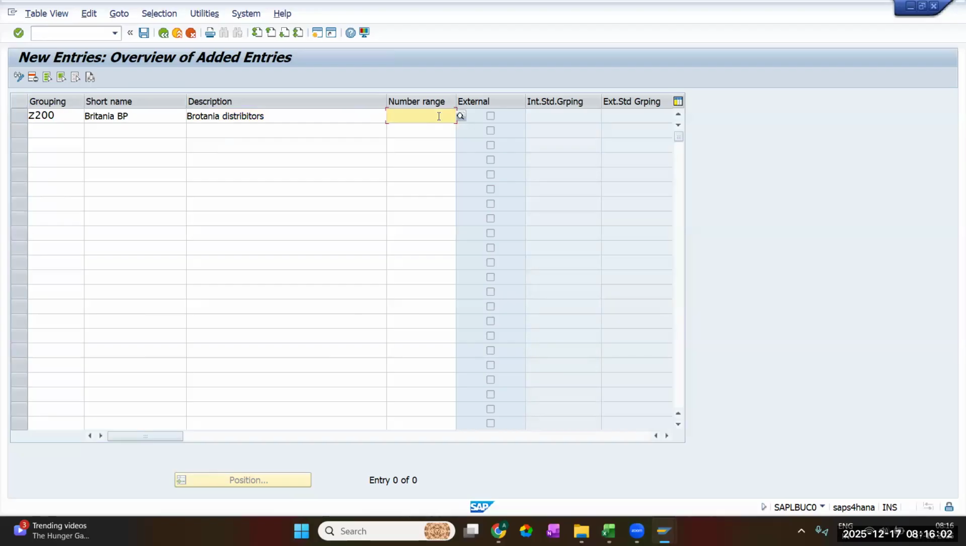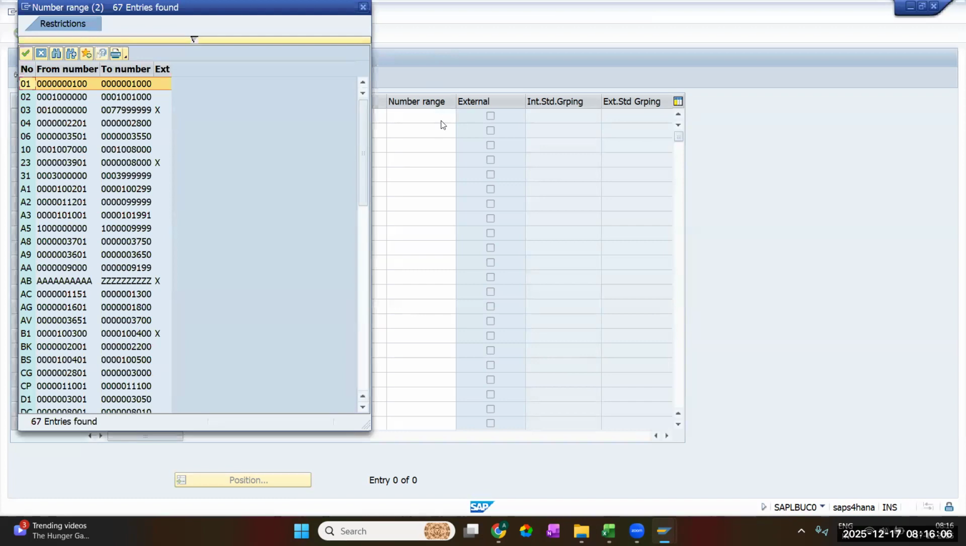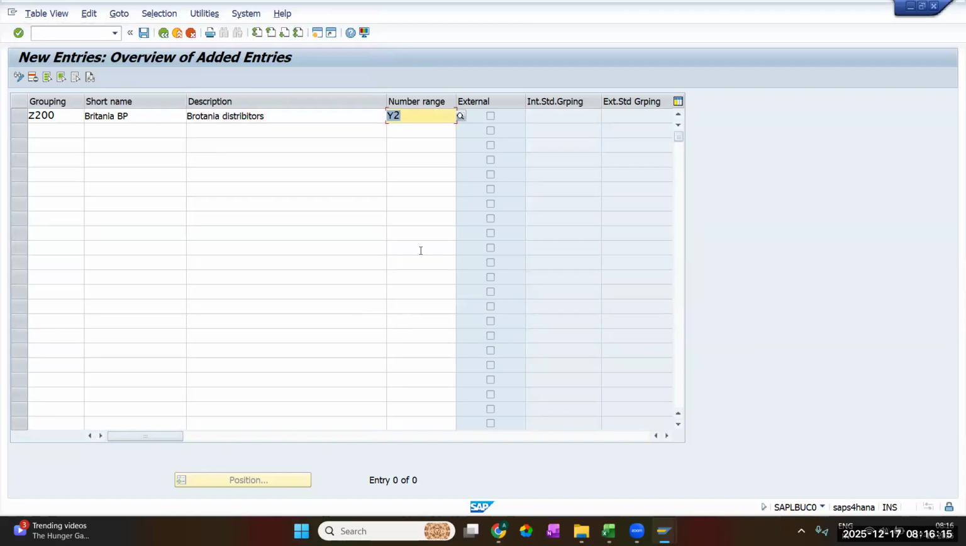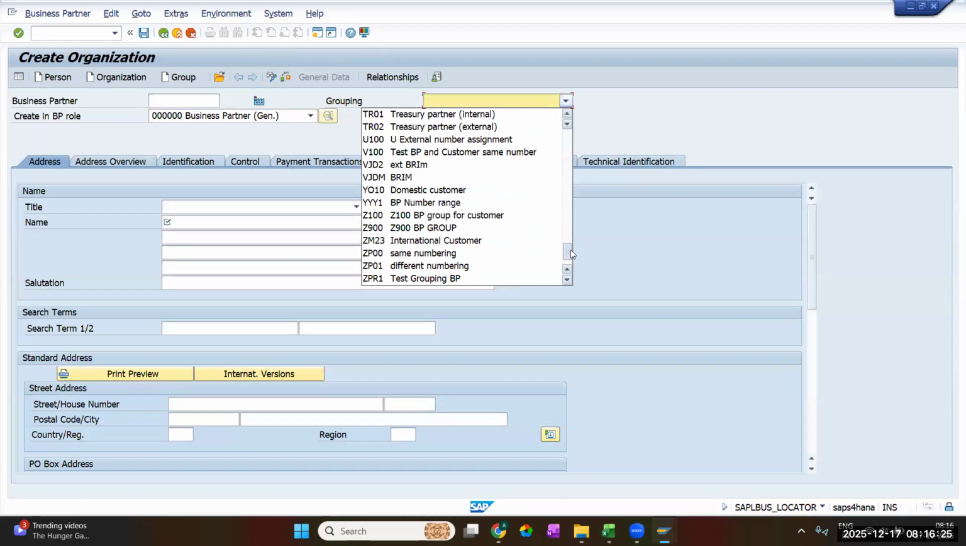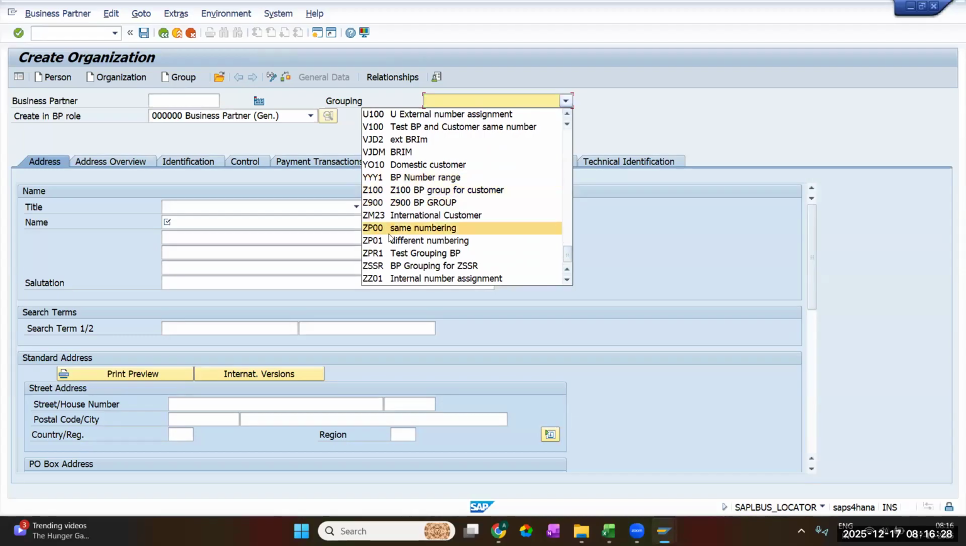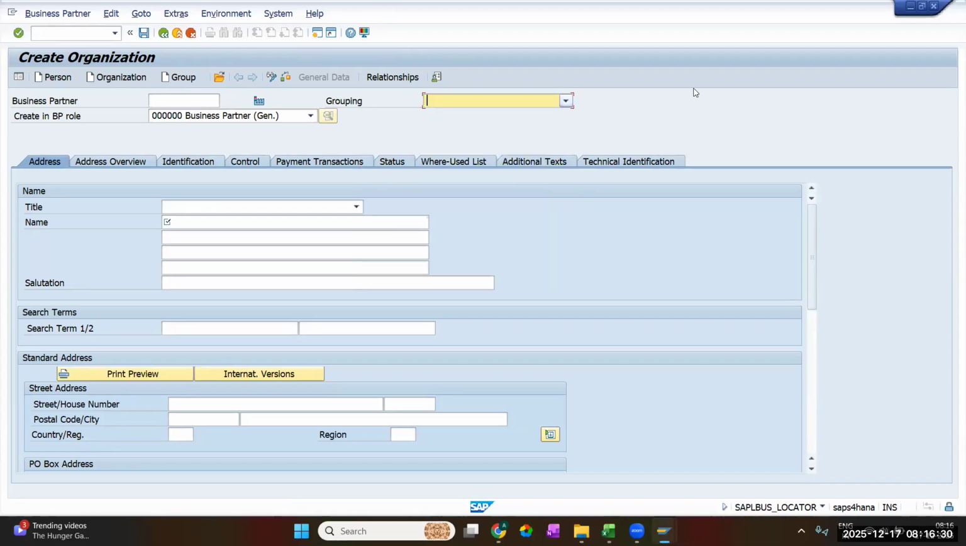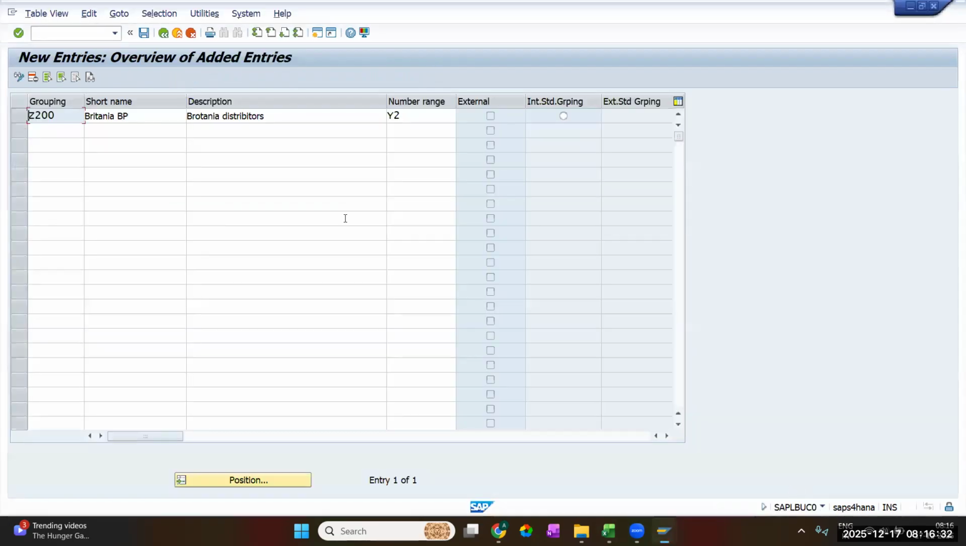And I will assign the number range which I created just now, Y2. If you want to go into these details, you can click on F4. See here, it shows the number range, the starting number and the ending number. Select this one, enter. Okay, so I have given my BP grouping name as G200. Before I save this, if you go and check here, that BP grouping G200 is not available because I have not created it. Okay, friends, the moment I save this,